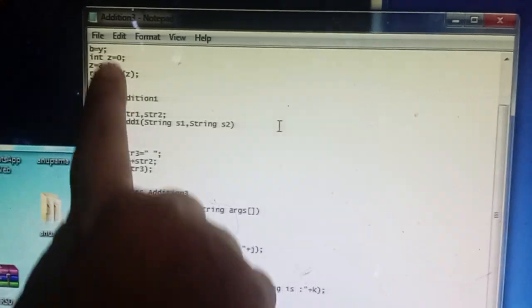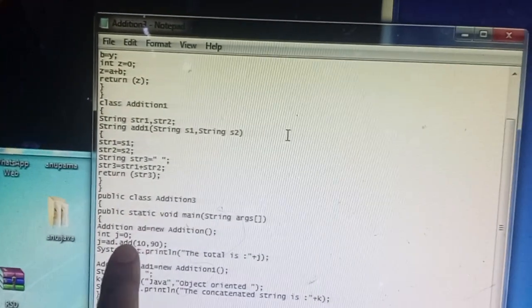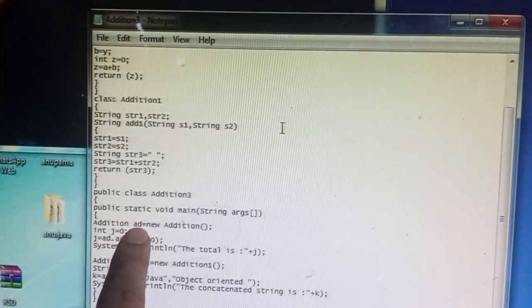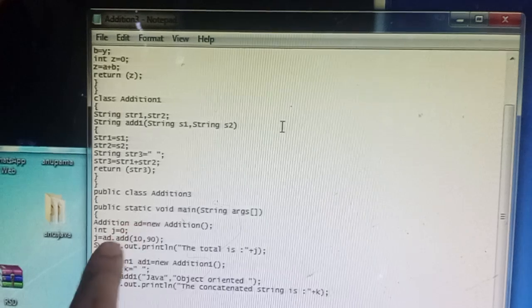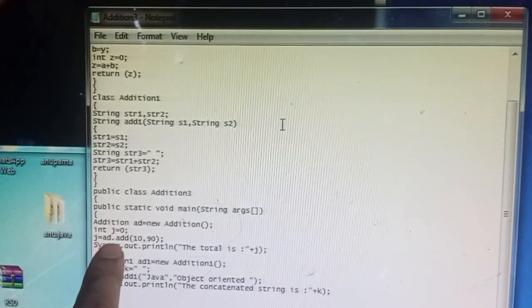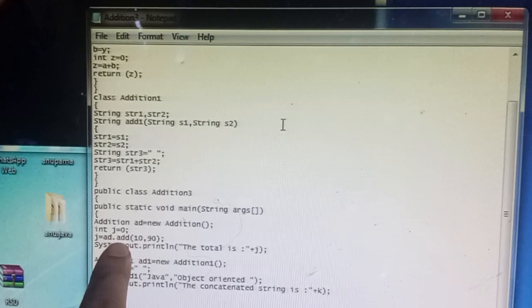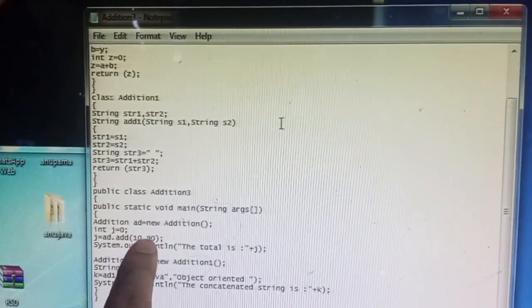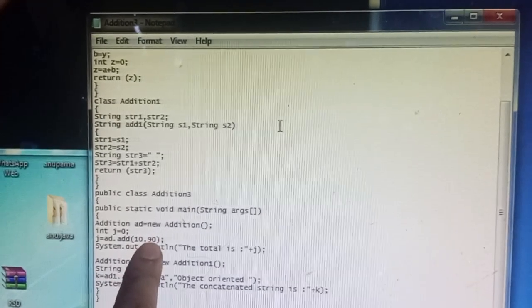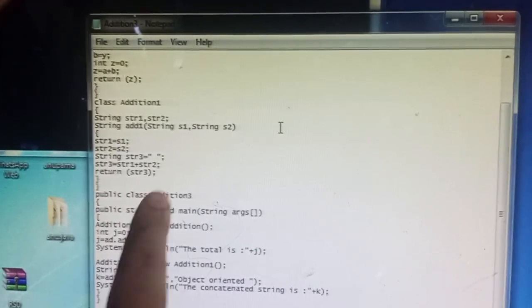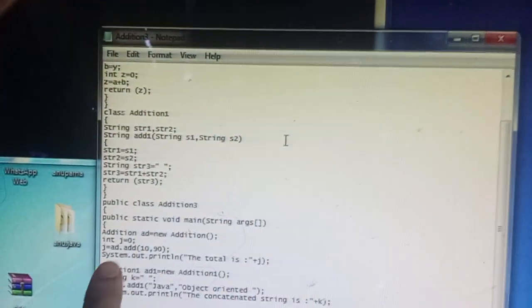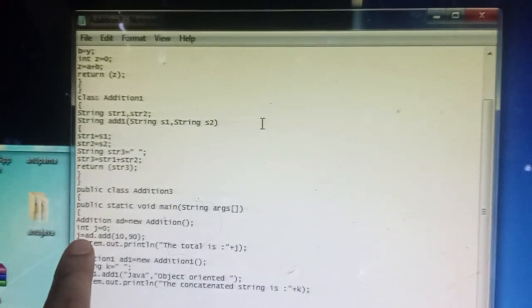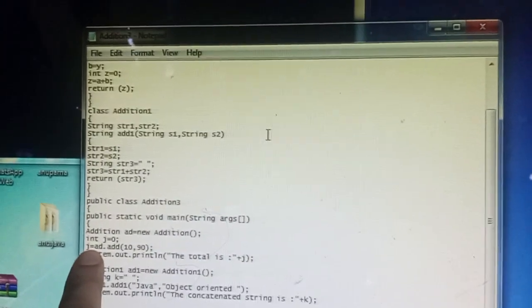I am calling the function add using the object created for addition, that is ad, using the period operator. I am passing two integer type values, and whatever process is specified there will be carried out, and the value is assigned to j.